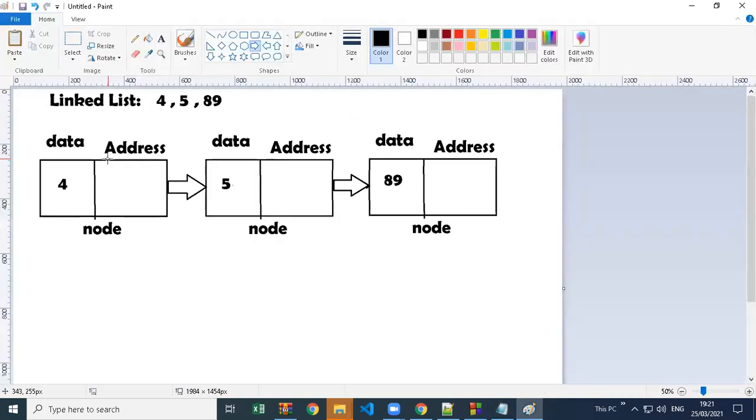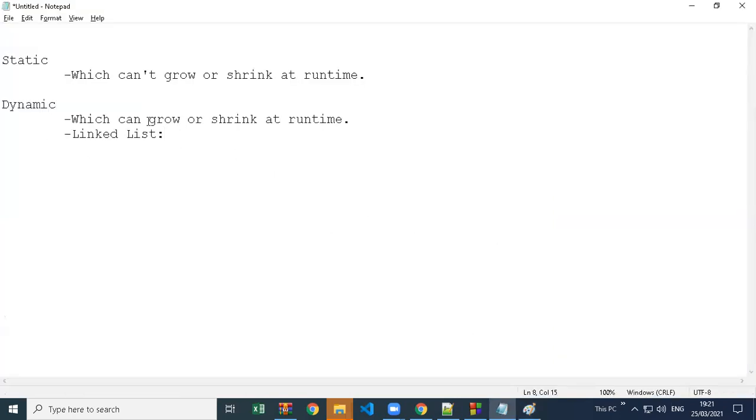So when we say 4, data comes, then it created memory and stored it. When I say I want to store 5, again one more memory is created and stored. Then I said I want to store 89. We may be taking data from the user, or the data may come from a file or other sources, but wherever it is coming from, we don't care how many values there are. Just let them come, we will store them because we have a linked list now. A linked list can create as many nodes as we require. That's why it is growing at runtime.